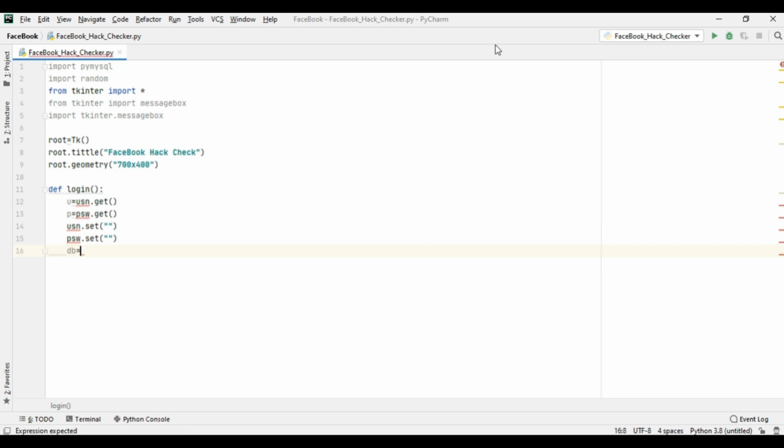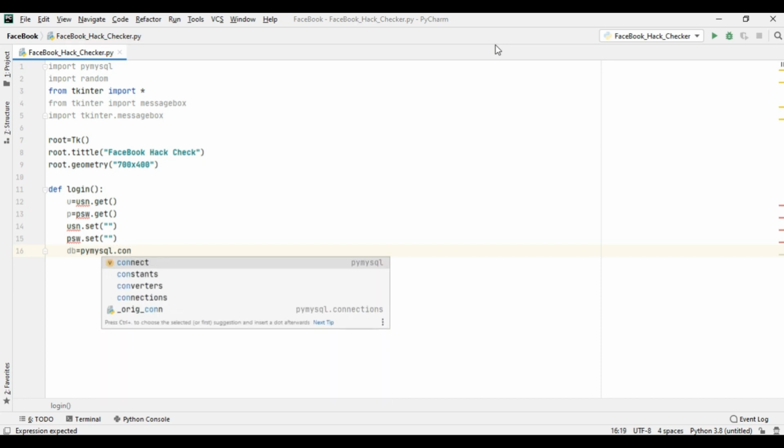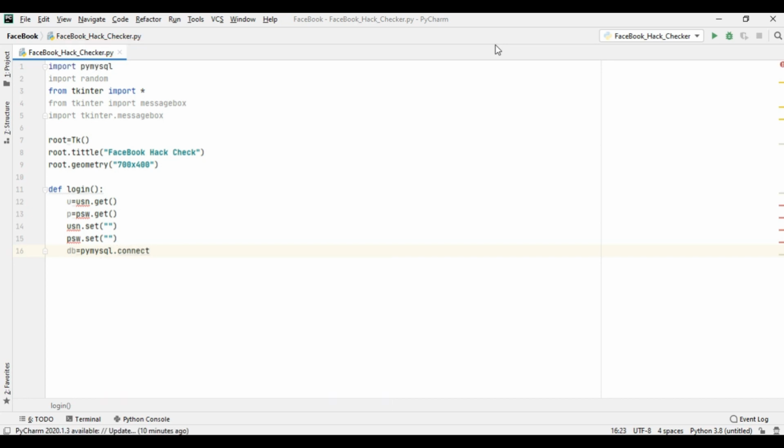Now db equal to pymysql dot connect, and this is the most important step. Please do it carefully. Here 3 variables are to pass: the site name, which in my case is localhost, and if we use a remote MySQL it will be remotemysql.com or any other website that contains the database. So I will give localhost,